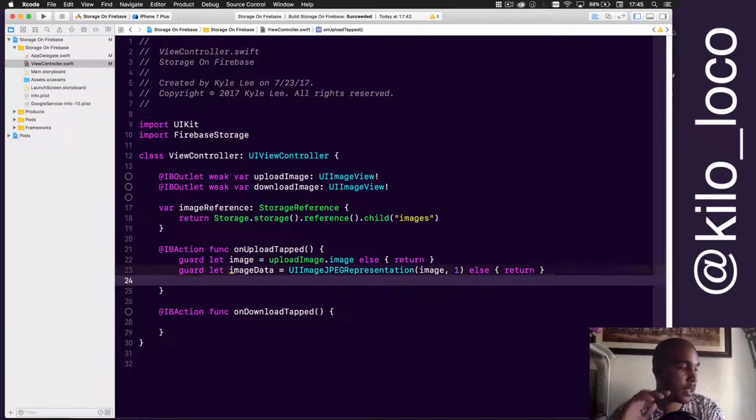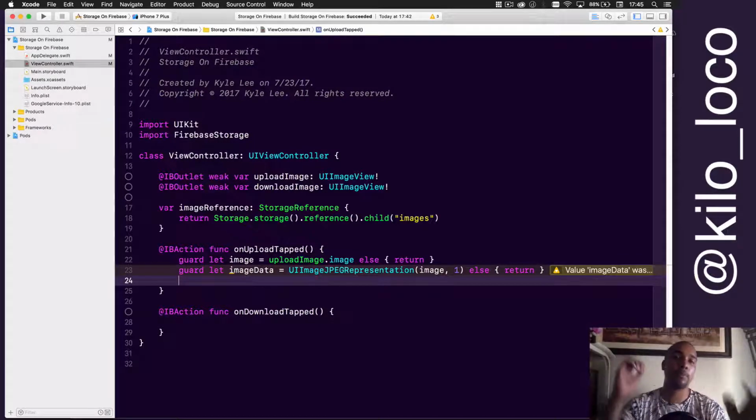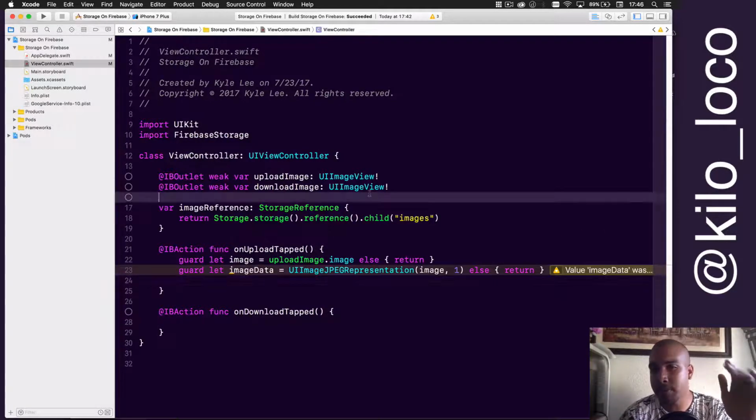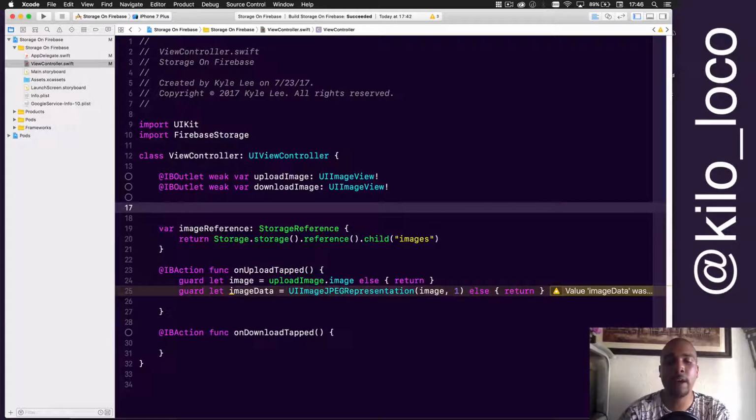Now that we have the image data, we can actually say that we want to upload this. But before we upload it, we have to give it a file name to reference it in the storage or the database. Normally you would want to make sure that it's a unique file name, so you might want to use something like UUID().uuidString, or some other type of naming convention that's always going to give you a unique name. But for the sake of this one, I'm just going to keep it really readable, and I'm going to make this global because when we upload it, we need to have access to that file name. So we'll just say let fileName